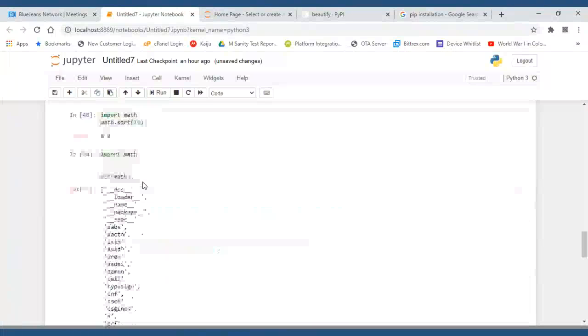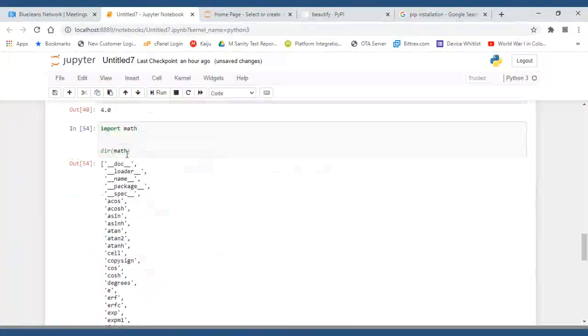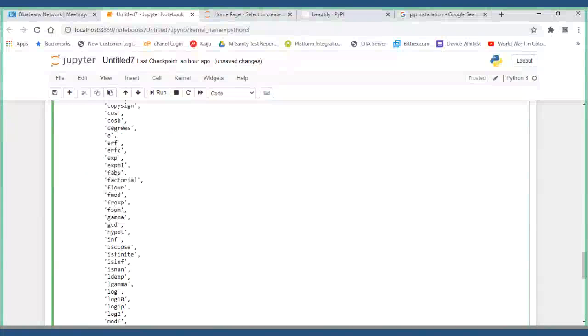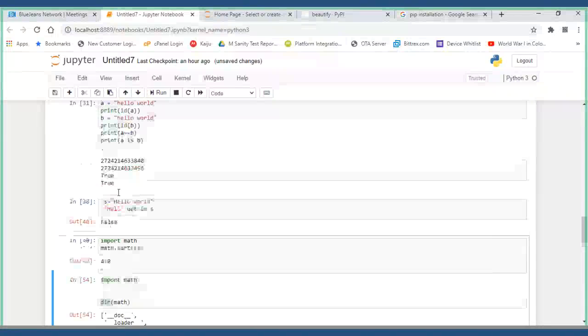Once it is in our memory, we can always see what is there in the directory. So all those things we will get. See, floor is here, and all those things are here.